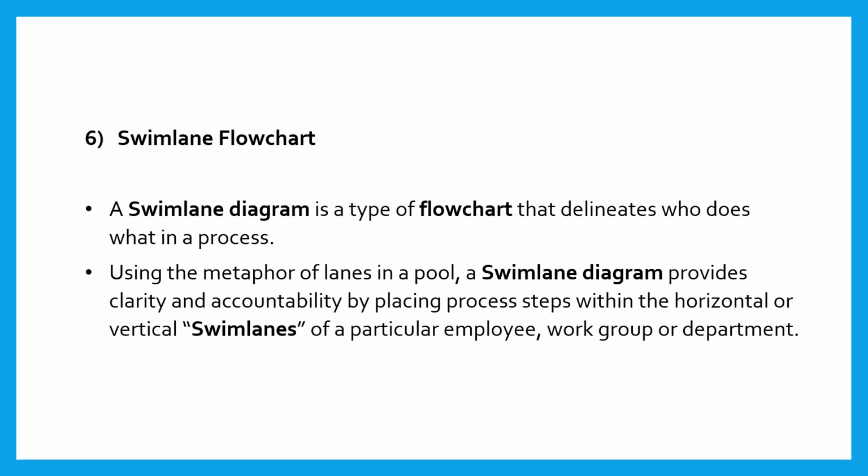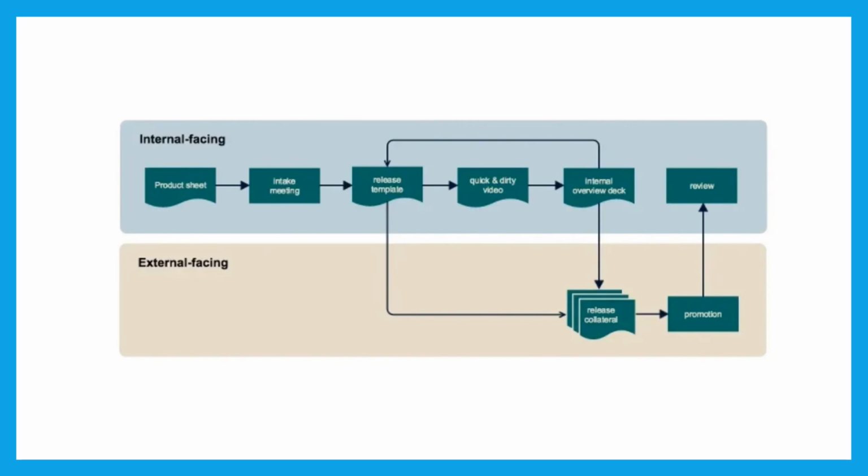Swim lane diagrams might sound really similar to a workflow diagram, but the key is that it allows you to create different categories where activity takes place. A swim lane flowchart or diagram is great for documenting a whole process that interacts with different segments of an organization or requires collaboration among different teams. The below example illustrates the way an internal facing department runs parallel with an external facing one and at what times in the process they interact with each other.